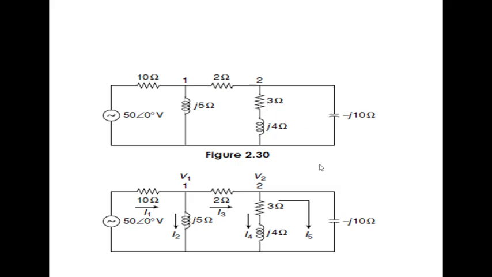Why is it minus? Convert it to polar form. If I convert it to polar form, how can I write it? 10 angle minus 90 degrees. If I convert 10 angle minus 90 degrees, then you will get 10 cos 90 minus j 10 sin 90. Cos 90 is 0, so minus j 10 sin 90, you will get minus j10. Okay, so try to solve this problem.